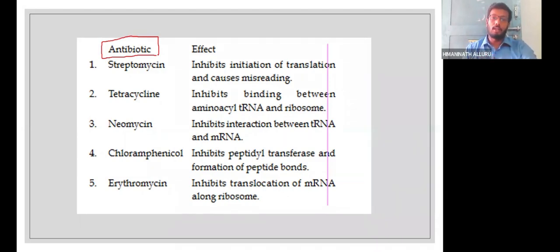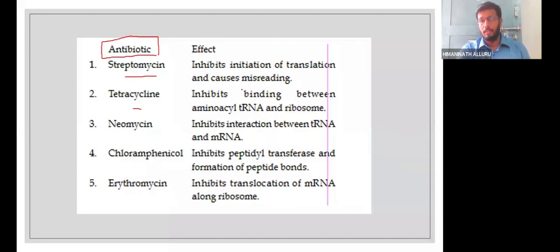In 12th standard they have a project, or even in 11th standard you can add it, when we are teaching about all these antibiotic concepts, we may explain them in biomolecules. So how do streptomycin, tetracycline, neomycin, chloramphenicol or erythromycin actually interfere? All these are going to interfere with the translation process. For example, if streptomycin is given against the streptococcus bacteria, the initiation of translation itself